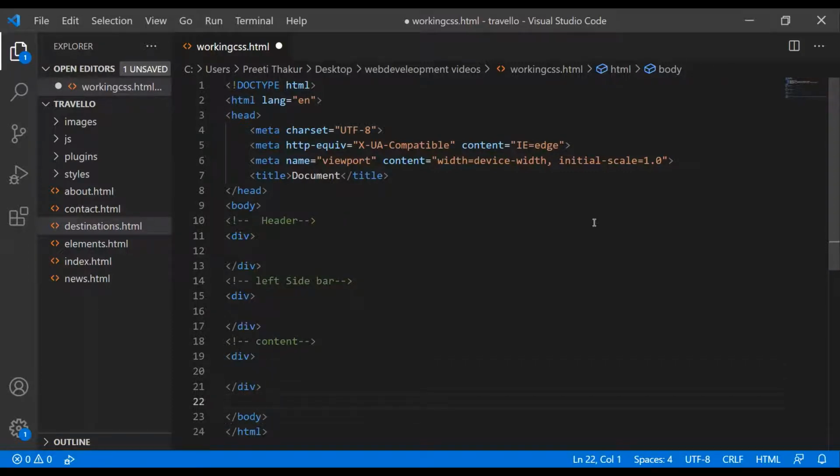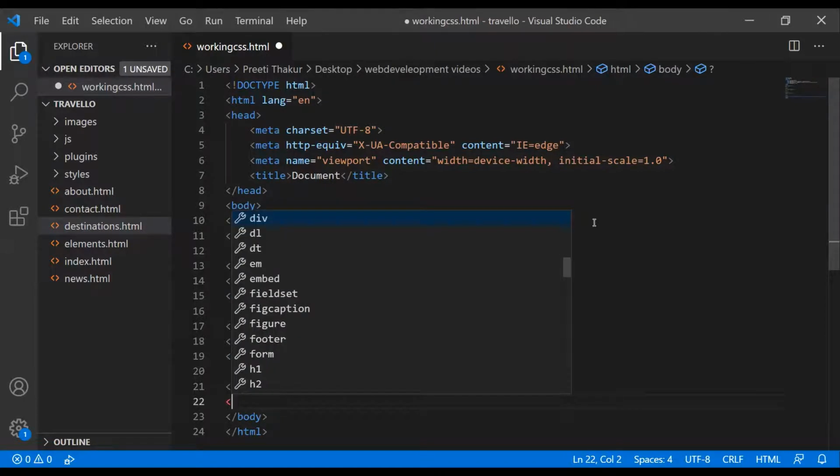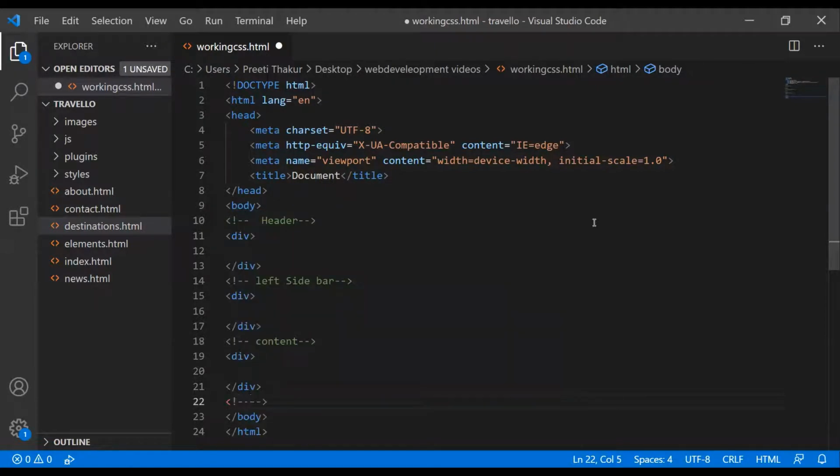Okay. So let's create this for footer. Okay, that's great. Now I have created some sections, in which one is header. After the header we have two columns, one is the left sidebar and the other is for content. So we are displaying some text over here and over there, and then at the last we have the footer.